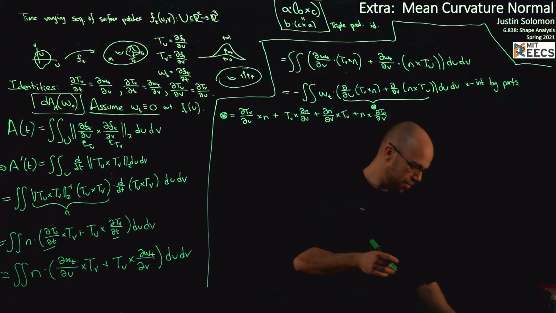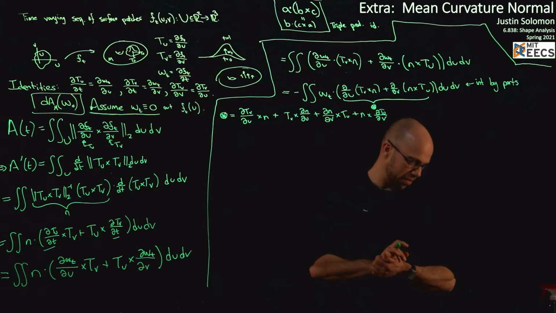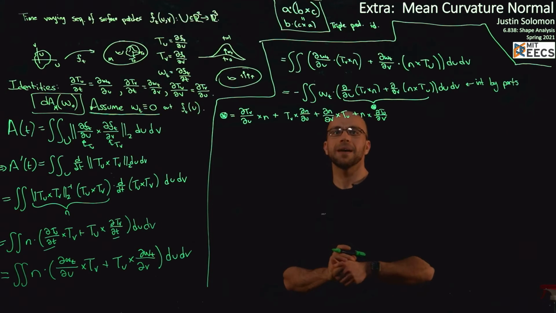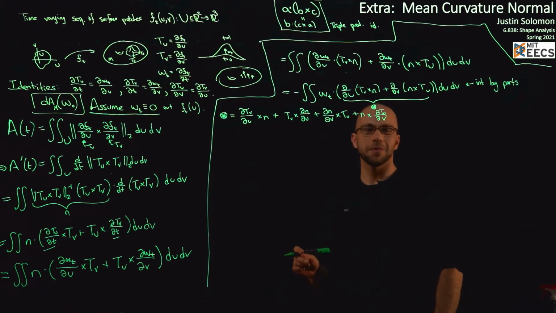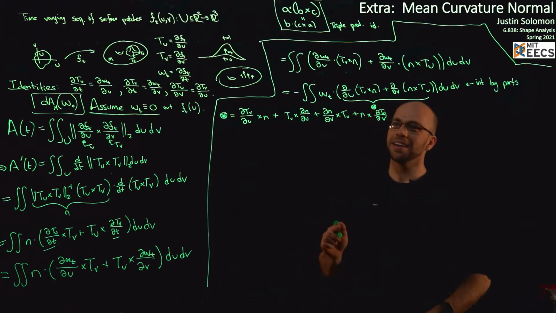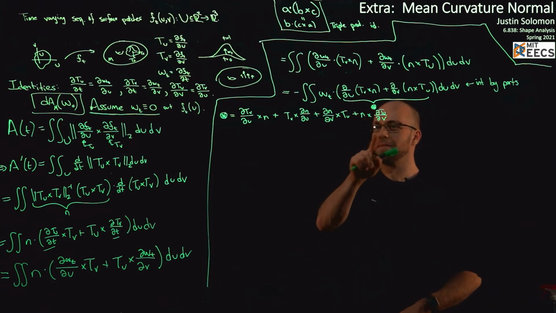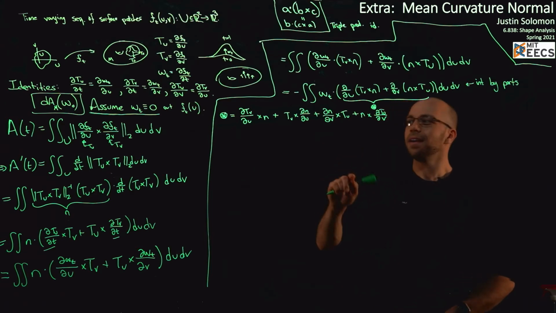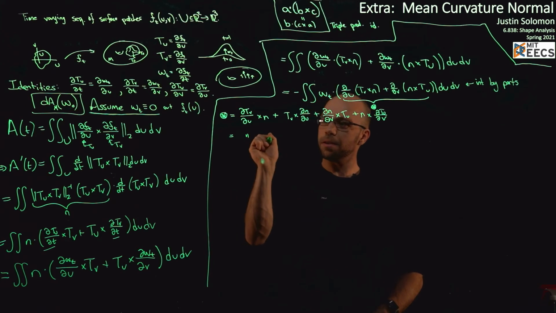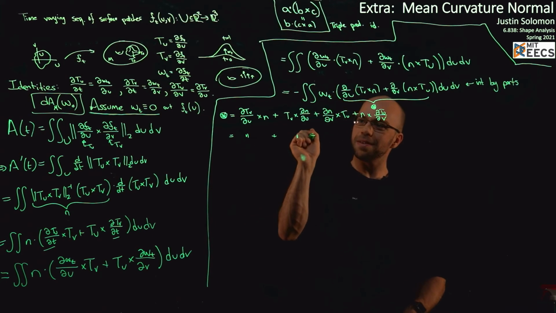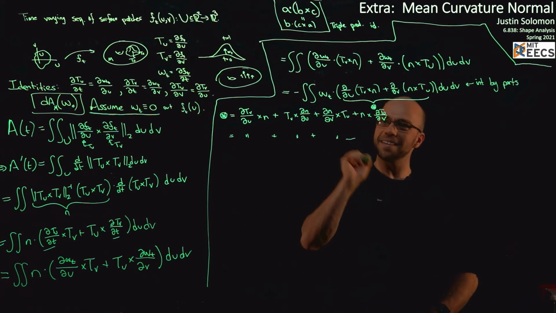And now we can do all kinds of different simplifications here. Now, in particular, of course, if I flip the order of a cross product, it changes sign. Right? So that's equal to the first term plus the second term plus the third term minus